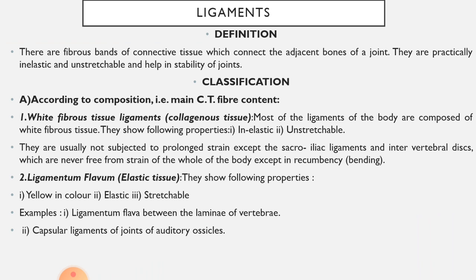They are usually not subjected to prolonged strain except the sacroiliac ligaments and intervertebral discs, which are never free from strain of the whole of the body except in recumbency, which is bending. Ligamentum flavum shows the following properties: they are yellow in color, elastic and stretchable. Examples include the ligamenta flava between the laminae of the vertebrae and the capsular ligaments of the joints of the auditory